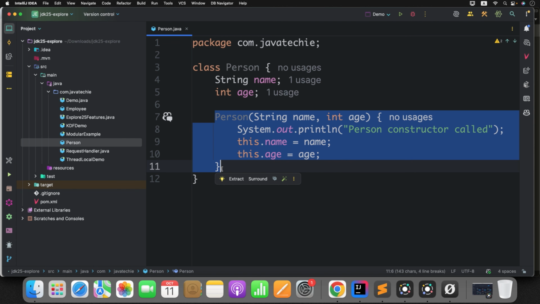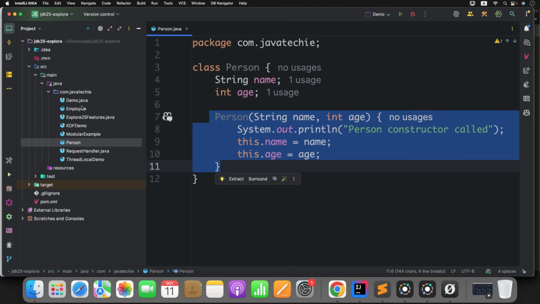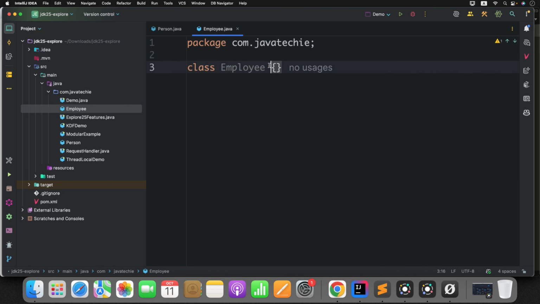Using this method. If I want to call the superclass constructor in a child class, how can I do that? I need to use super. For example, since my Person has a parameterized constructor, now I have an Employee class. If I extend this particular class from Person,